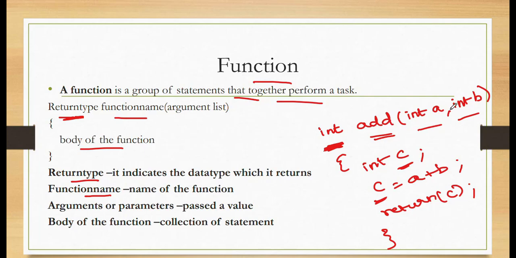So the a and b values are passed into the add function. Okay, int c, and c equal to a plus b, and that returns c. Okay, 5 plus 3 is added and it is returned to the main function. That add function result will be returned there. Okay, for example,